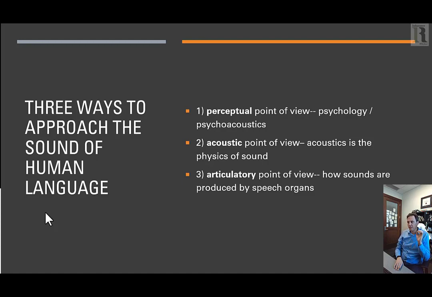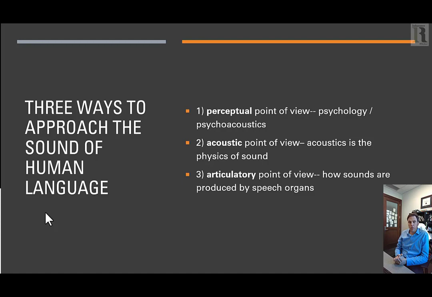The second studies sound purely as a physical phenomenon, and this is the sub-branch of physics called acoustics, which is the study of the middle frequency, low frequency, high frequency energy waves that we experience as sound, because we got these little things that shake in our ears,